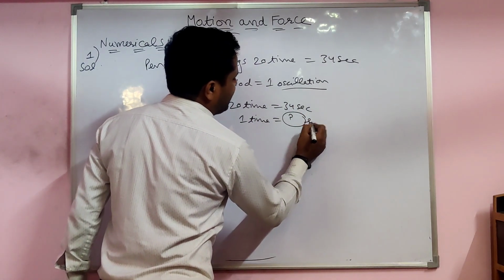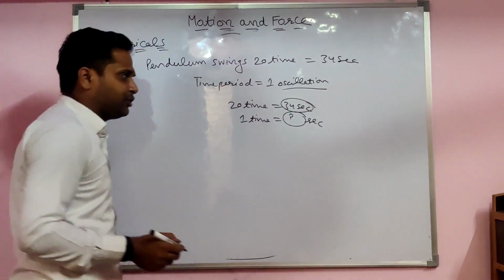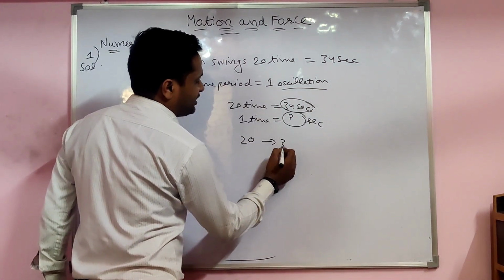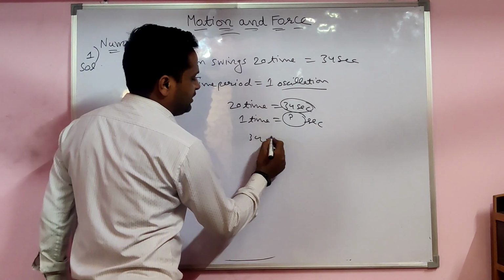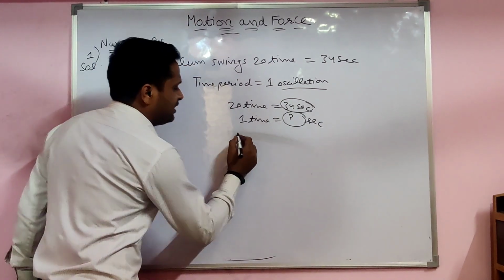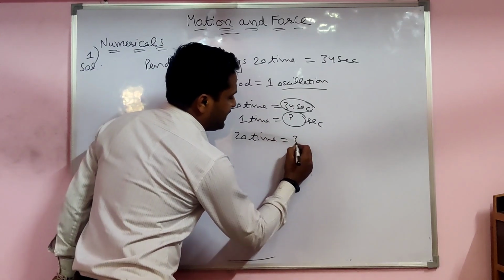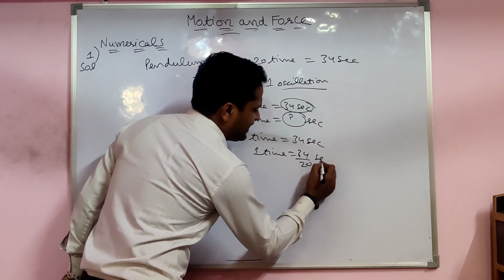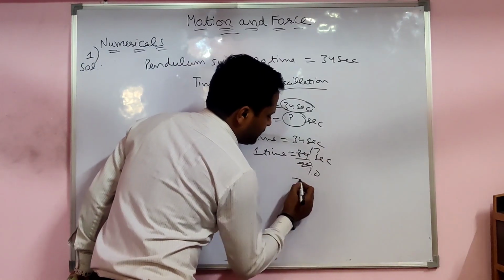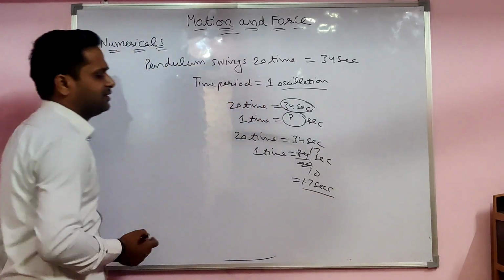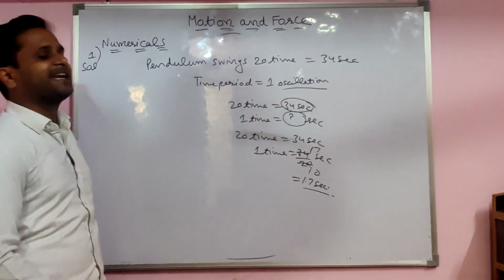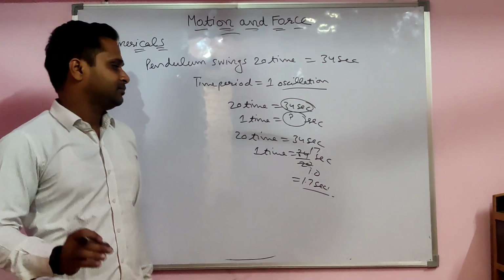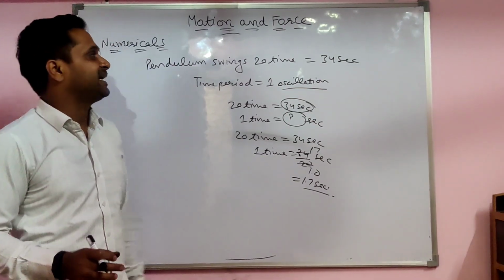Which thing do you have to find out? Time. Use the unitary method here. You have to find out the time period, so time period goes on the right side. You write like this: 20, 34, not 34, 20. Keep in mind. So here you write 20 times take 34 seconds, one time takes 34 by 20 seconds. 10, 17. So here the answer is 1.7 second. Very easy, student. Time period you have to count for one oscillation. For one oscillation, 1.7 second.